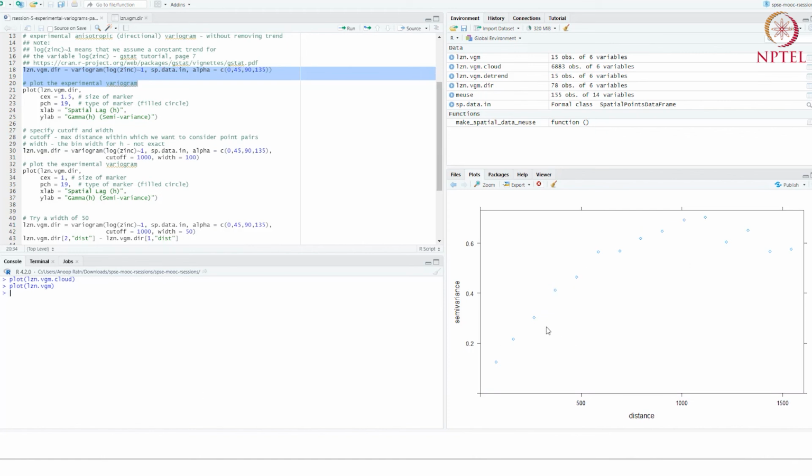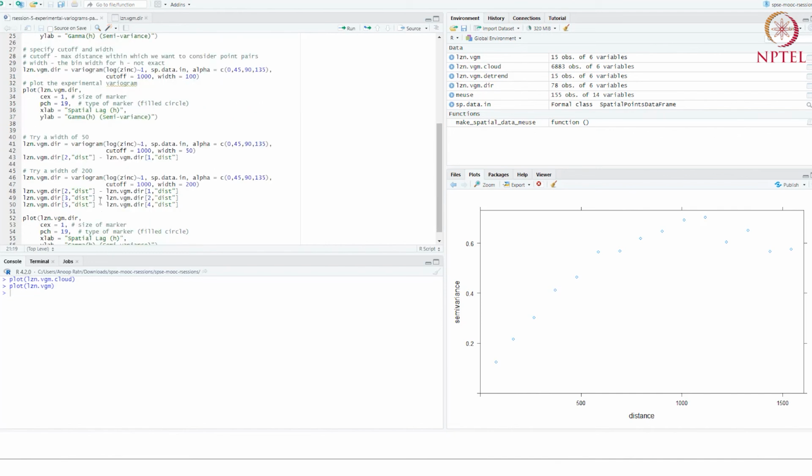It groups the points and averages them, because the variogram is actually the expected value of all of the points in a particular bin, and you get this variogram. If I had a smaller value for width, you would see many points between these 2 points as well. But this is not exact.